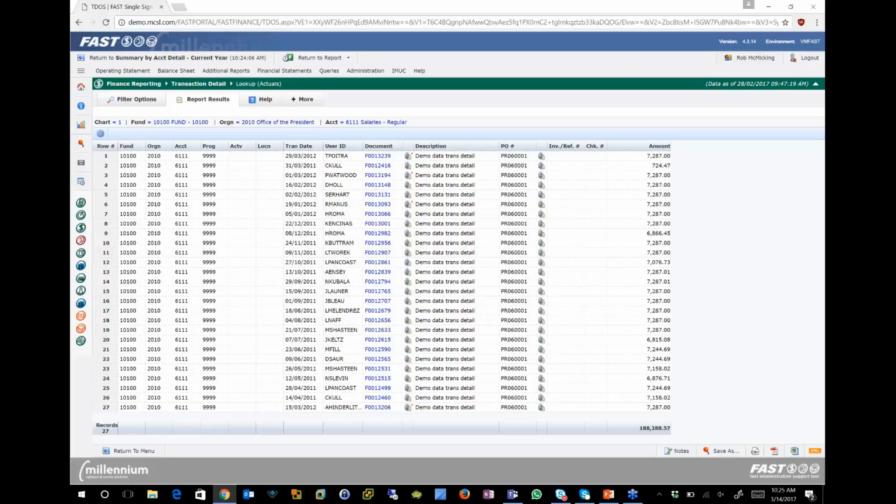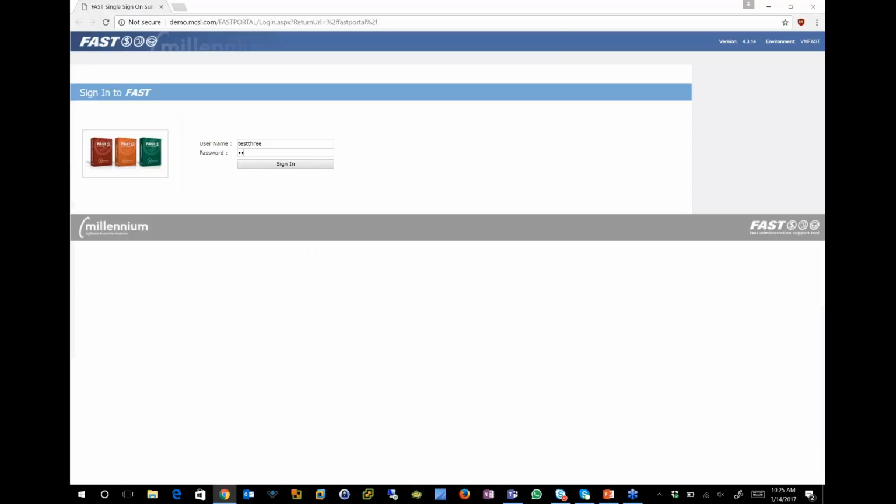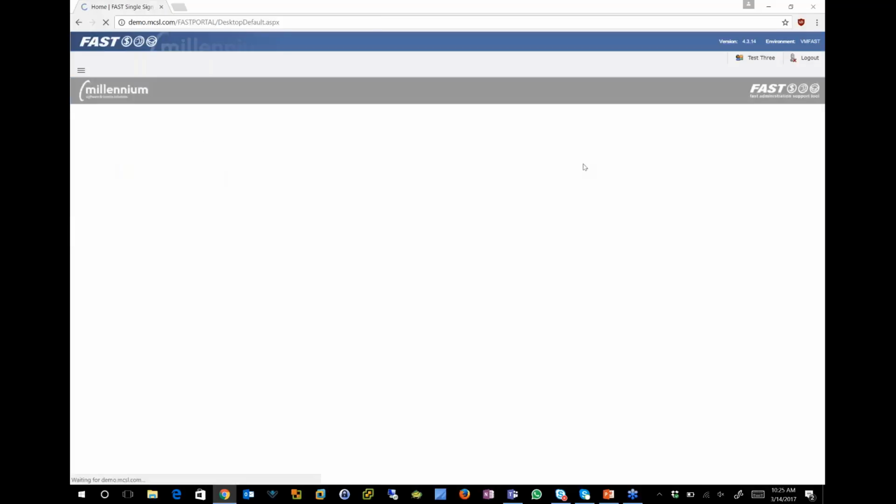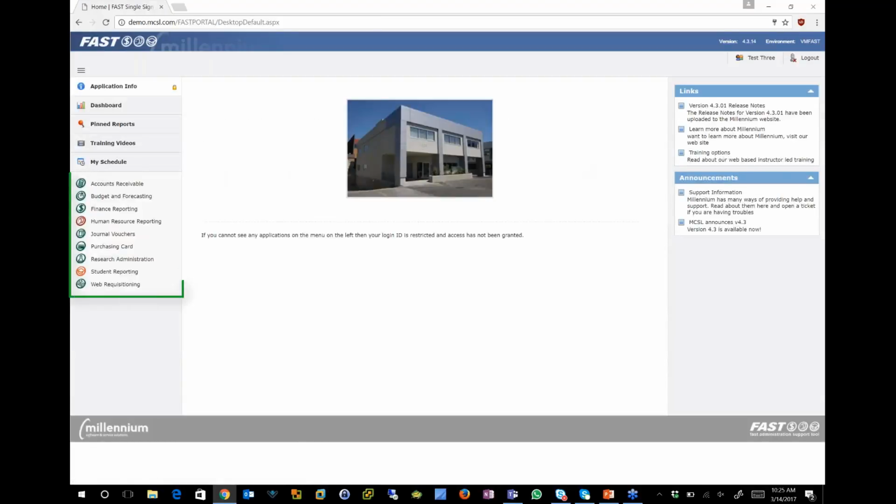Now that's great for power users, but let me log out for a minute. I'm going to log in as a user that we call test 3. Sometimes we're not very creative with our names, but here we go. So now I'm a different user. I have different applications. I still have finance. So when I go into finance now,